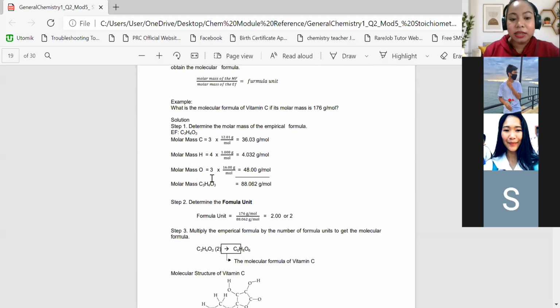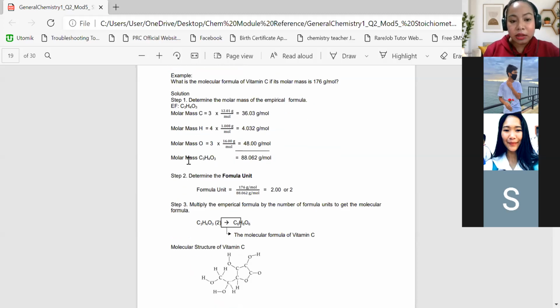Earlier, we just determined their molar masses. So, going straight to the empirical formula, it says there are 3 carbons. So, the molar mass of carbon will be multiplied by 3. The total is 36.03 grams per mole. The molar mass of hydrogen will be multiplied by 4, so your product becomes 4.032 grams per mole. Oxygen has 3 atoms in the empirical formula. So 16 times 3 is